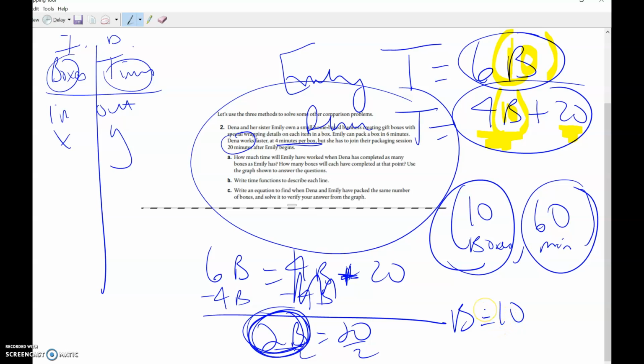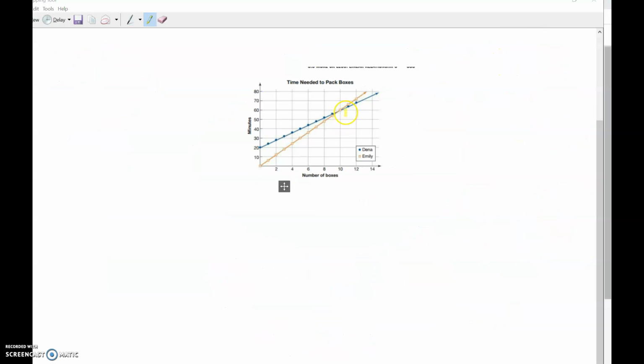All right, and if you look at page 335, they graph that, so I'm going to stop and we'll look there real quick. Okay, so if you look at this graph, you can see the break-even point right there. So at 10 boxes, and then you can see at 60 minutes, they break even. And so what that means is she's more efficient at first, but then the sister that came late is more